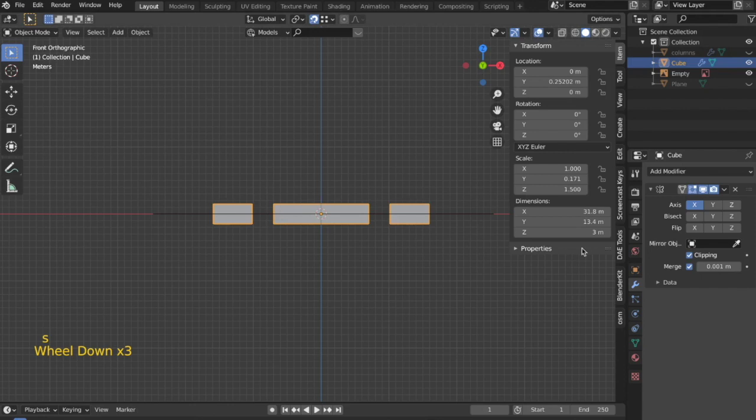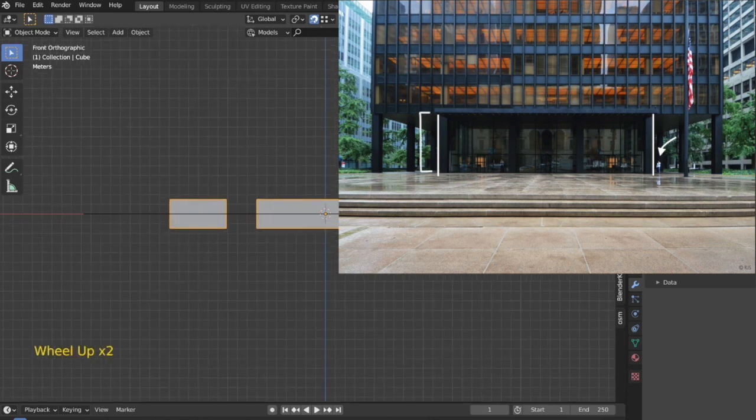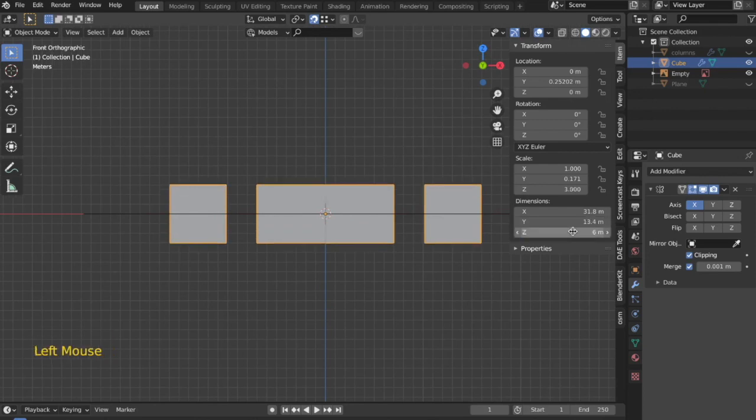But wait, over here you can see that there is a reference image on the screen, and this reference image shows that the ground level is actually not a single floor, but most probably more than one floor, which could be either two floors or somewhere between that. And that is where the next part of the building, which is the main body of the building, starts. So we are not going to give this as 3 meter but as 6 meter.